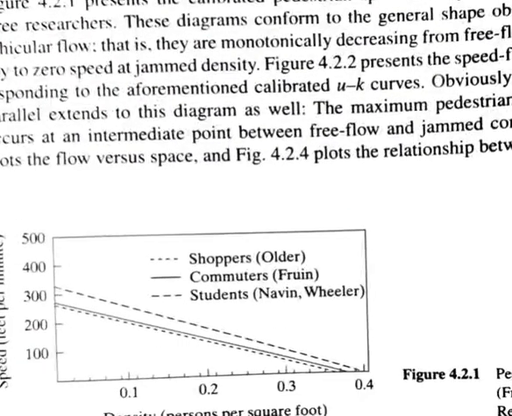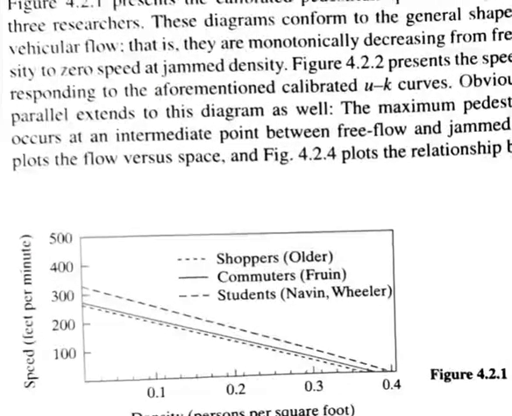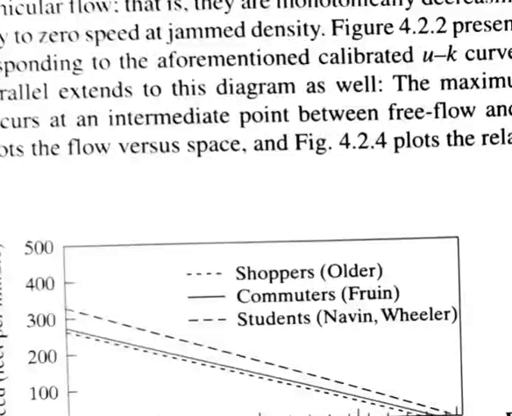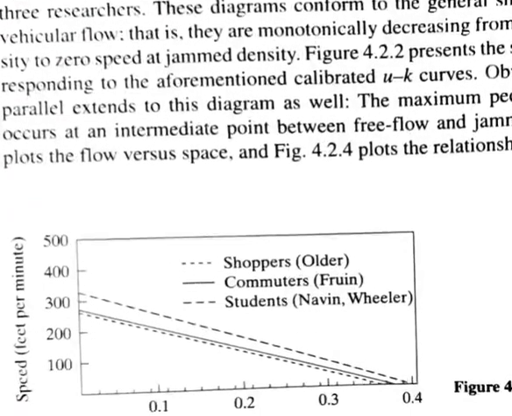the density, what is density? The number of pedestrians divided by the area. That is persons per square foot, that is the unit. Then on the y-axis you can see the speed, that is feet per minute. Speed is given. If you observe at the point where the x and y-axis meet,